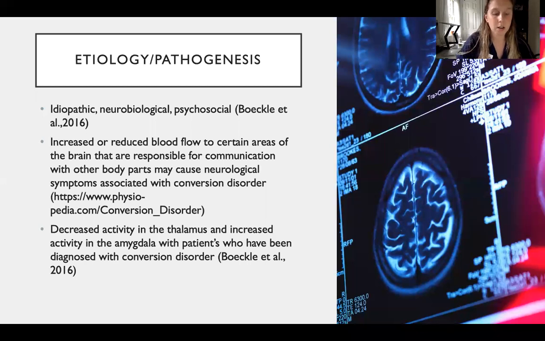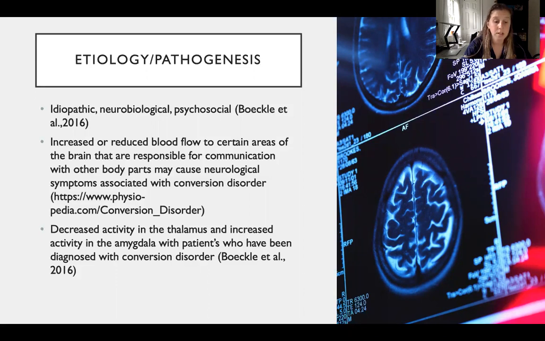So the exact cause of conversion disorder is not well understood. Some researchers believe that it is most common after physical or psychological stressors or traumatic events. It may be that symptoms of the disorder allow affected individuals to provide a physical outlet to the stress in their lives. However, there are some instances where individuals do not seem to have a stressor that is causing the symptoms. Therefore, in most cases, the exact cause is unknown.